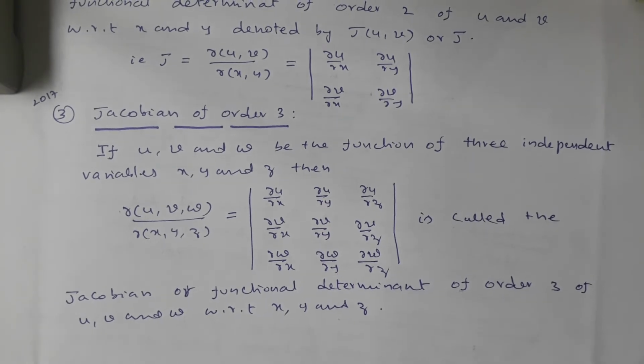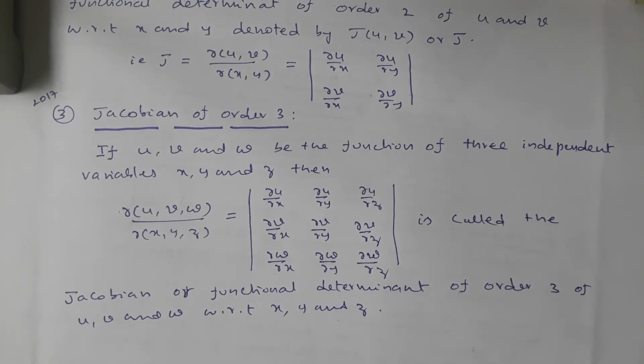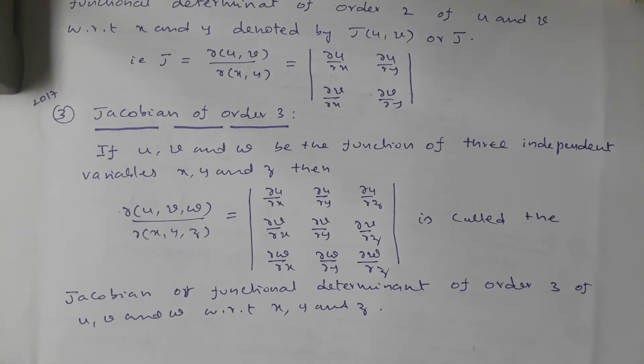Right. This is the Jacobian of order 3. Whereas the fourth point,